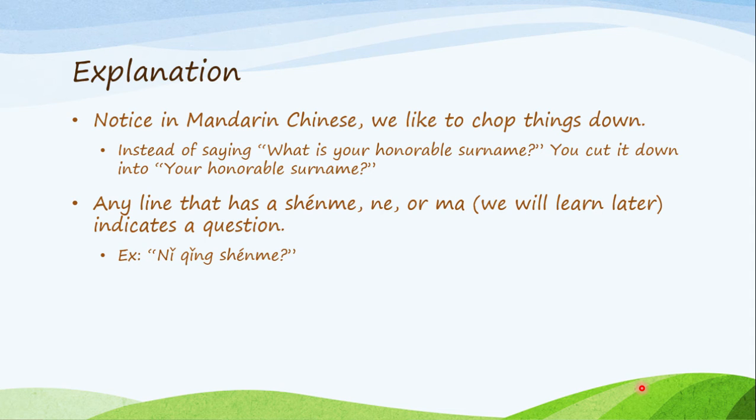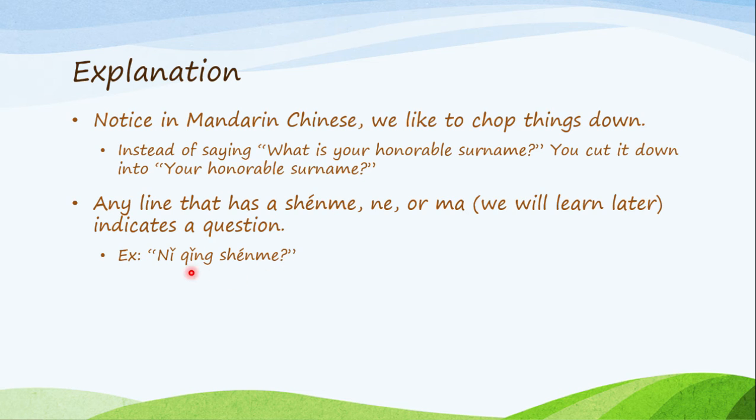And notice that in Mandarin Chinese, we like to chop things down. So instead of saying, what's your honorable surname? You cut it down to your honorable surname. 你贵姓? So 你 meaning you, 贵 is honorable, and 姓 surname. Any line that has 什么, ne, or ma, which is something that we'll learn later on in the lessons, indicates a question. So 你姓什么？